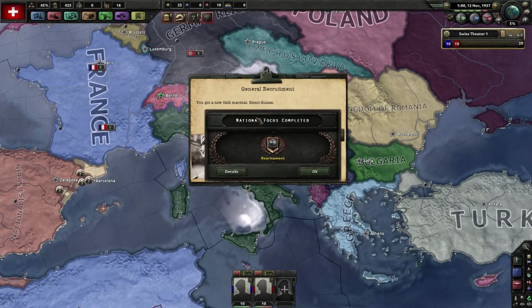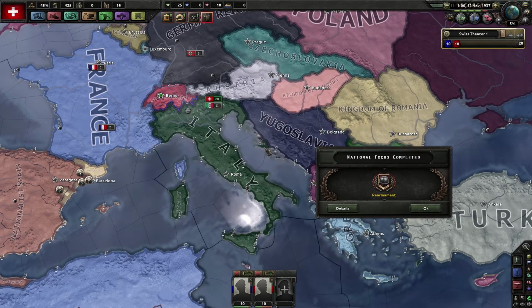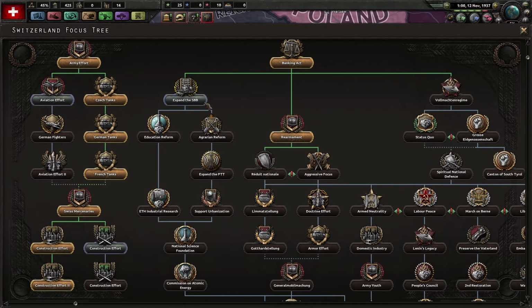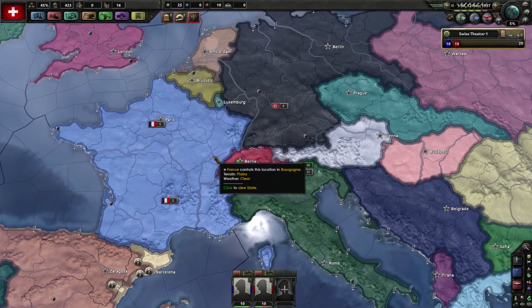Can't do that. Pause. You got a new field marshal, Henry Guizon. Okay, perfect. Details, that's all good. Still can't do this one. No. Expand the infrastructure, that's the SBB. Land doctrine bonuses. Excavation research bonuses. Yeah, I'm gonna get some better infrastructure and then continue down the other side to get the